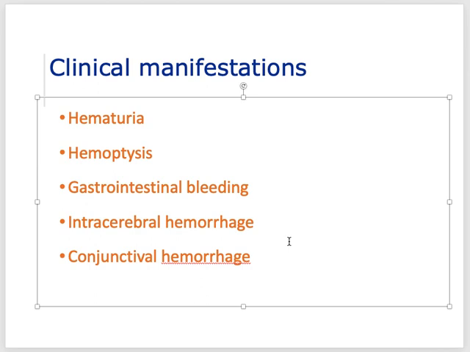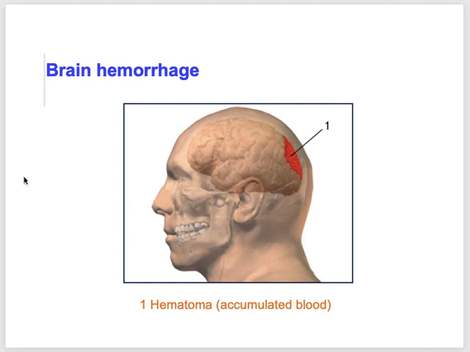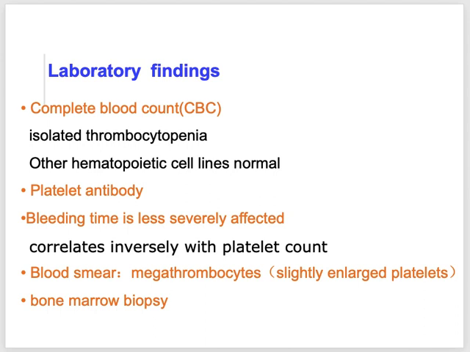So what investigations can be done in these patients? Of course, this is conjunctival hemorrhage, and this one is intracranial bleed. So investigations, of course, we go for CBC. We find thrombocytopenia. Okay, what happens next is, we can check PT and APTT. And if you know what PT and APTT are,